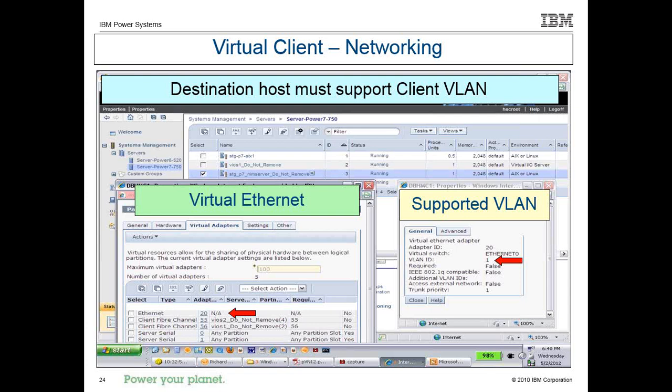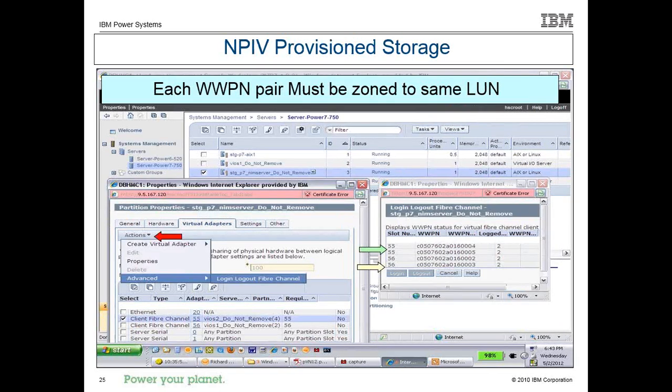He doesn't actually have additional VLAN tags here, but he's talking about your virtual network. If you're using VLAN ID 1 on your source, you better have a VLAN ID 1 on your destination. If you're using additional VLAN tags like 1000 and 1001, you need to have 1000 and 1001 on your destination. Okay.